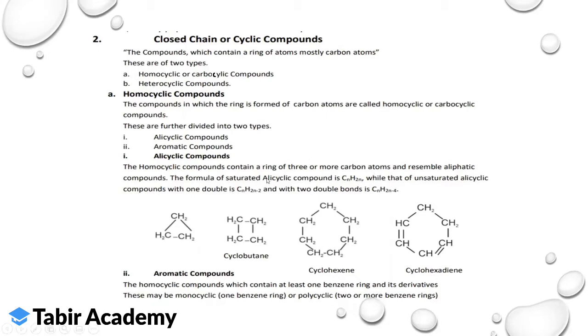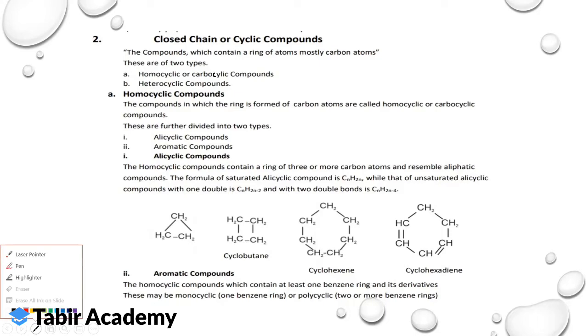So saturated alicyclic compounds का formula है CnH2n. Unsaturated compounds जिनके अंदर एक डबल बॉन्ड होगी उसका फॉर्मूला है CnH2n-2 और जो दो डबल बॉन्ड है इसका है CnH2n-4. ओके, हमारे पास एग्जांपल्स हैं साइक्लोब्यूटेन, साइक्लोहेक्सीन, एंड साइक्लोहेक्साडाइईन, इसके अंदर दो डबल बॉन्ड्स हैं। एरोमेटिक कंपाउंड्स